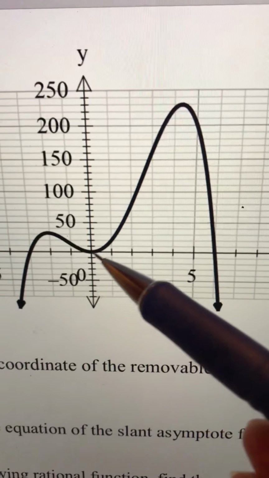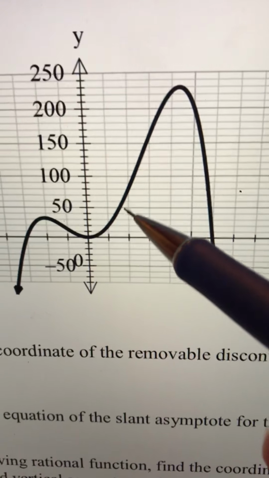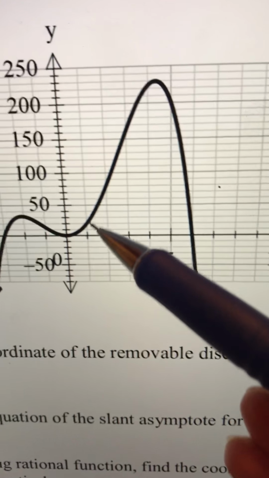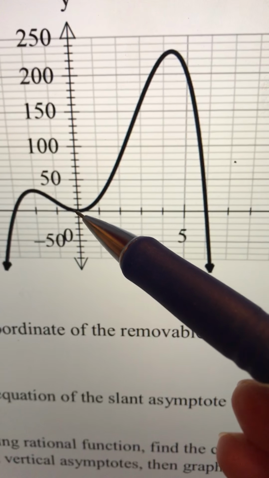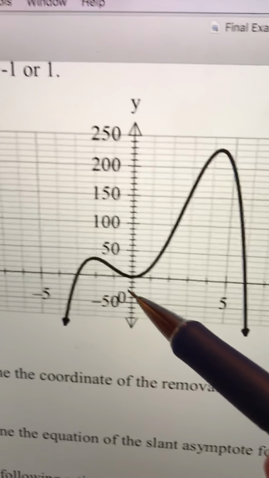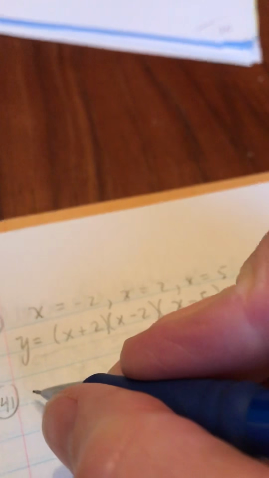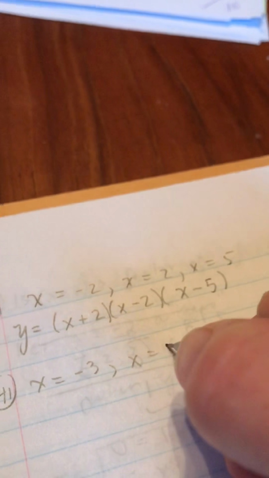That happens when that is a 0 of multiplicity 2 or 4, an even multiplicity, meaning that the factor that corresponds with that x-intercept is either squared or to the 4th power, and we can just have it squared since it doesn't specify. So 41, we have, again, the zeros or x-intercepts of x equal -3, x equals 0, and